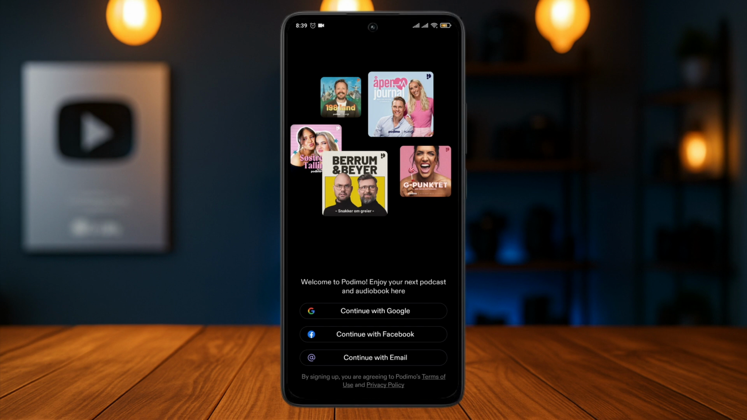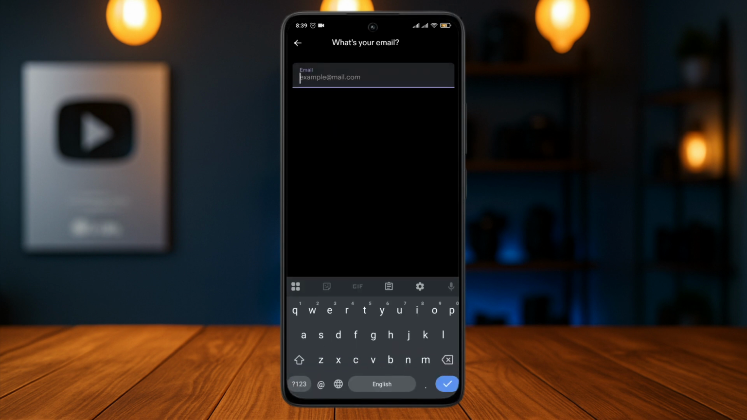The easiest way to change the password, even if you have forgotten the password of your account, is to reset the password. To do that, open up the Podimo app and make sure that you have logged out of your account. Or if you don't have access to your account, that's even better because you can straight away reset it. From this section, tap on continue with email, type in your email address, tap on continue,